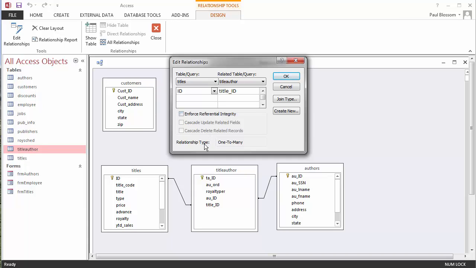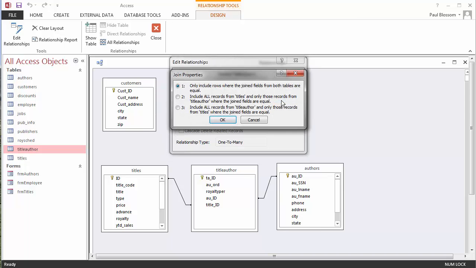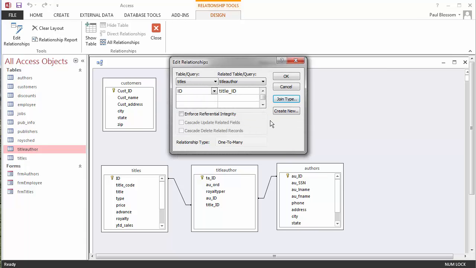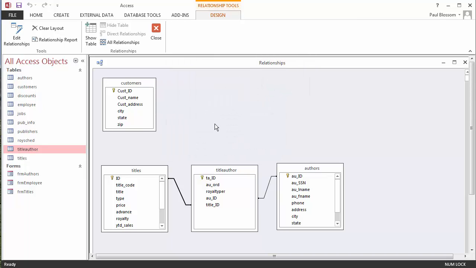The second thing to note here is that it's a one-to-many relationship, which is what we like. You can click on Join Type over here, but frankly, you don't want to get into that, I don't think. And so you just click Cancel, so there's no change. Now, if you want to add a new relationship because we have additional tables,